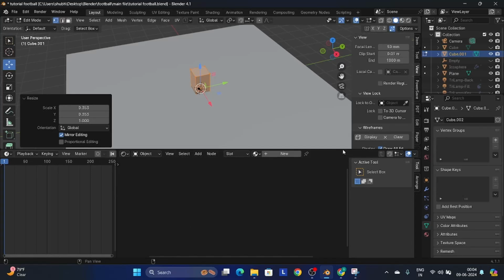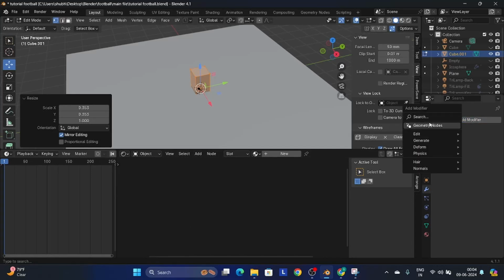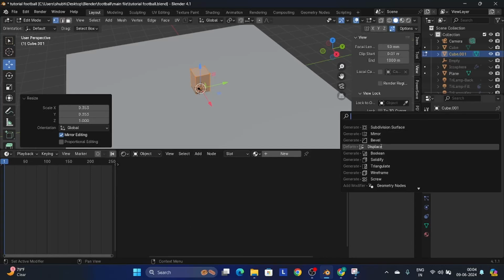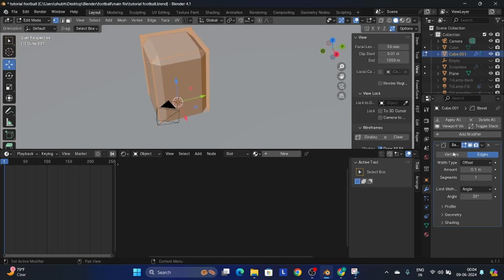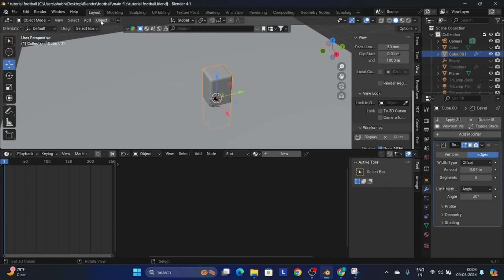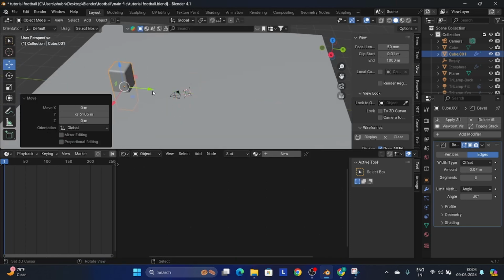Right. Now what I did was I added this cube and then added a bevel modifier, obviously, to make it look much nicer. So yeah, it looks good. Object, Shade Auto Smooth by Angle, anything like that. Now go here